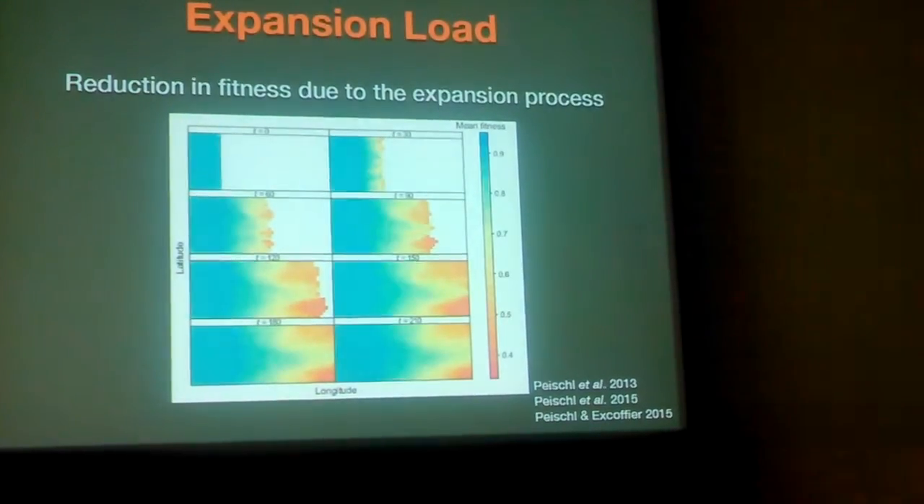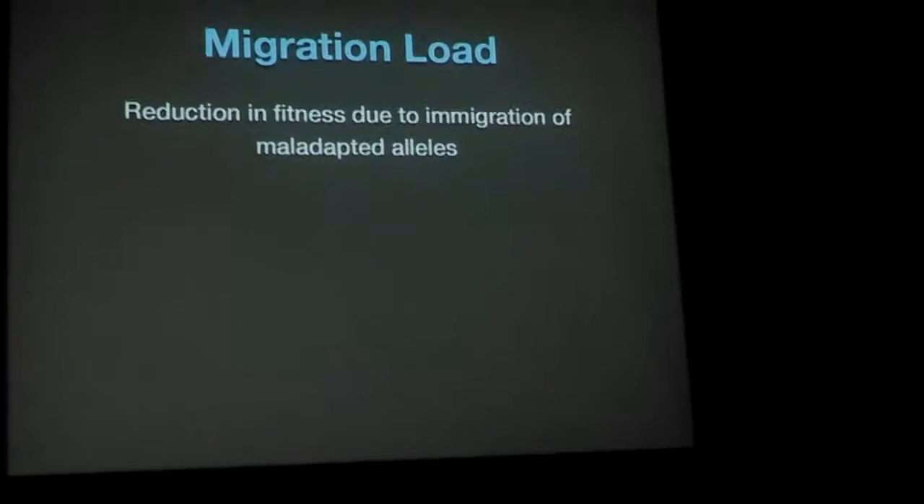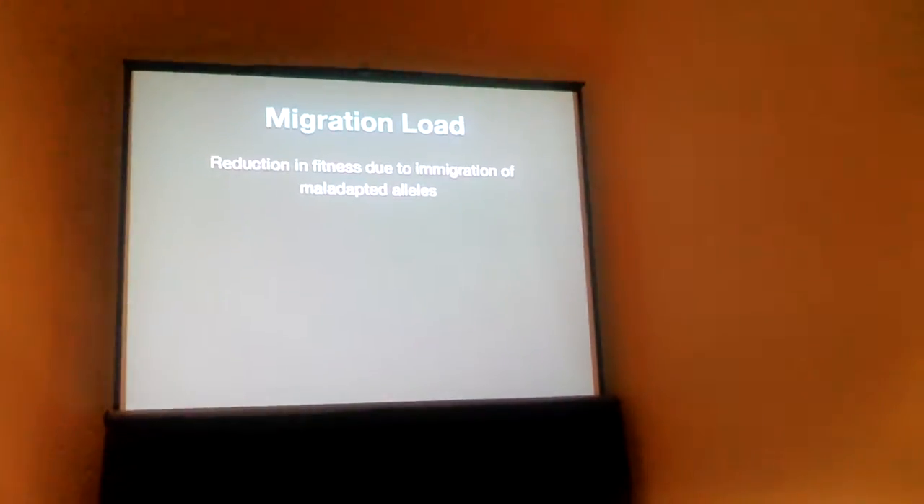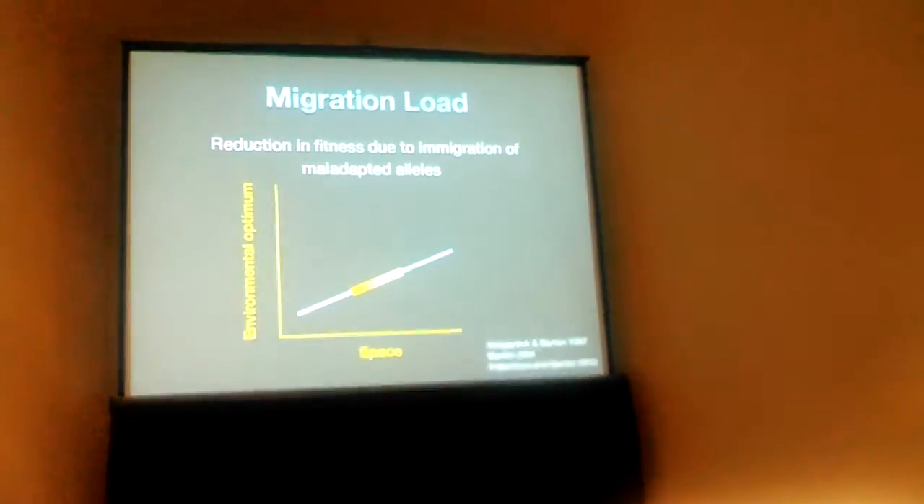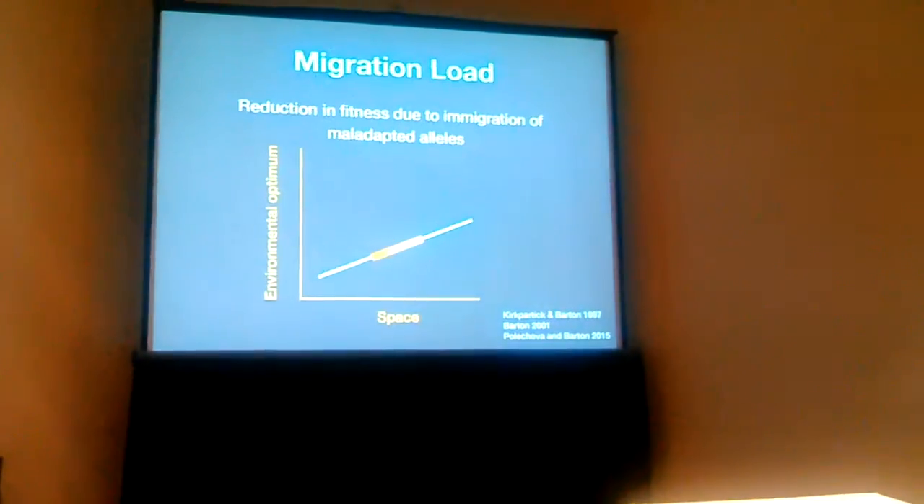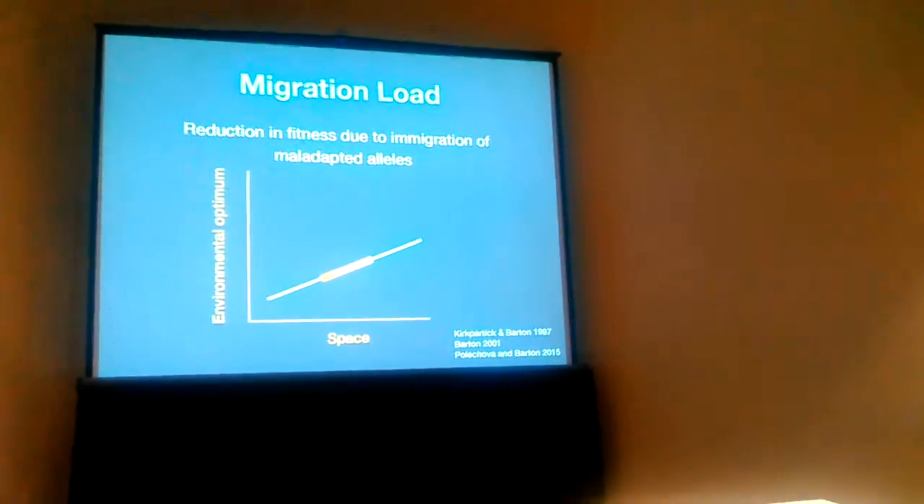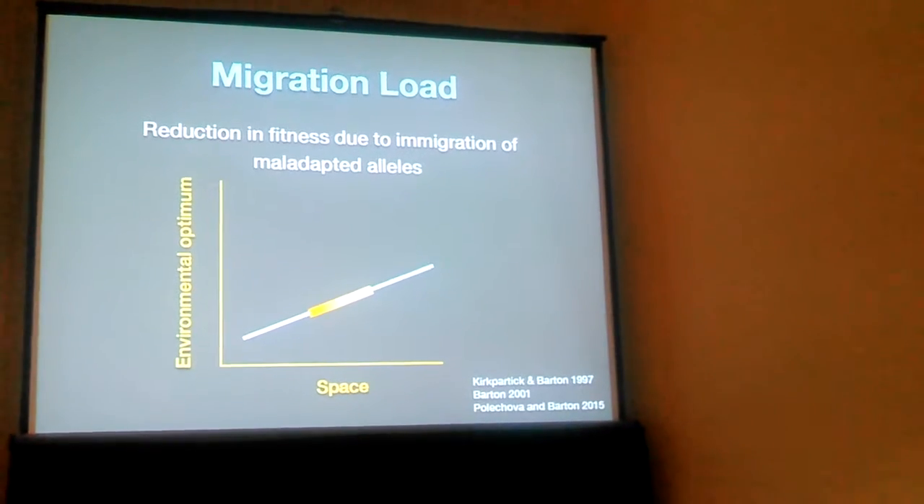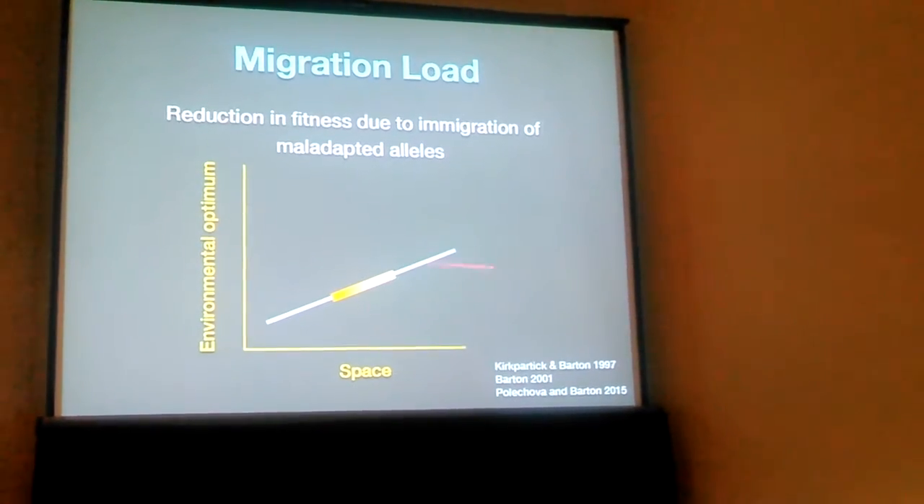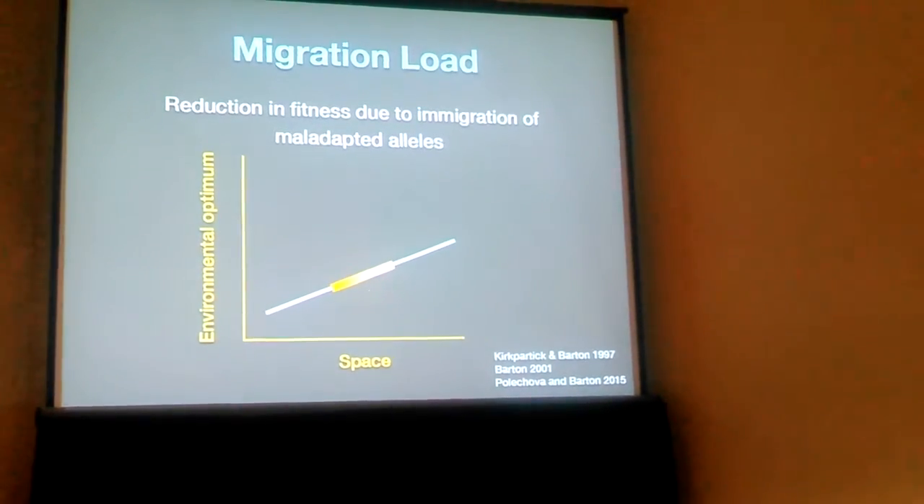Okay, so we'll move on to the second key definition, and that is migration load. Migration load is a reduction in fitness due to immigration of maladapted alleles. What do we mean by this? There's also been a lot of work on this topic. Mark Kirkpatrick and Nick Barton, as well as Jacob Polakova, have done work looking at how populations locally adapt over space. So if we have an environmental gradient shown by this blue line here, and our population in orangish yellow